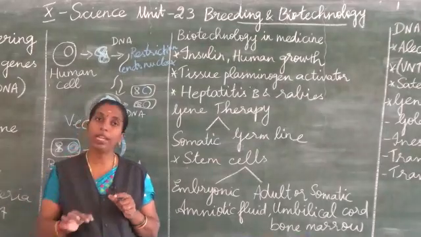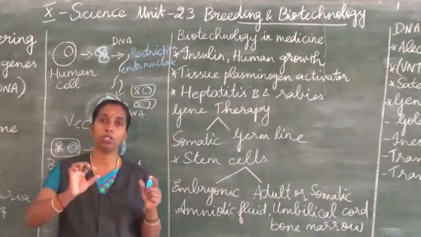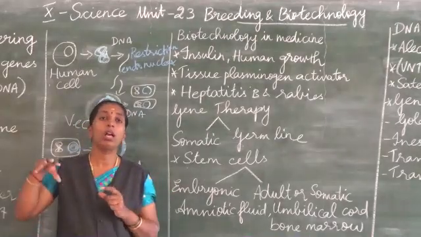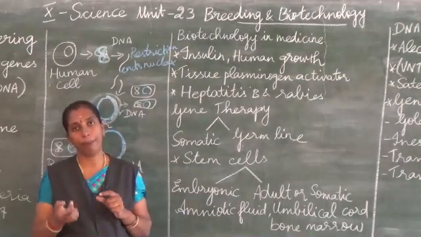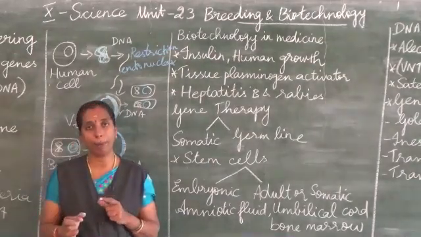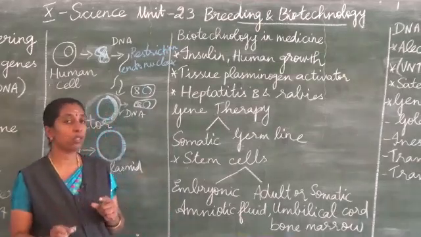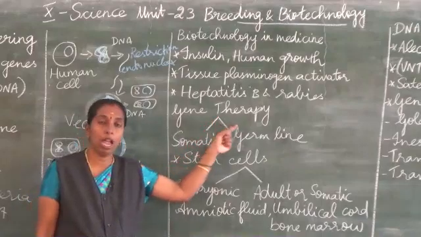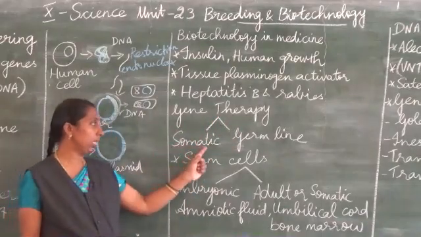That particular gene can be replaced by a foreign gene, that is a gene which can cure that disease. So the defective gene can be replaced by a foreign gene. That therapy is called gene therapy, and this gene therapy is of two types: somatic gene therapy